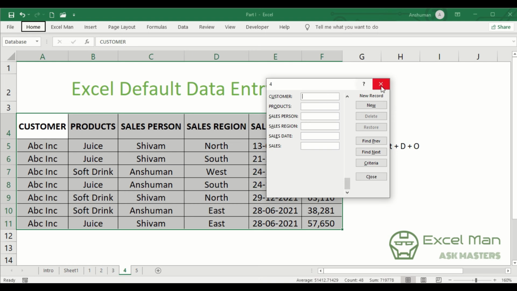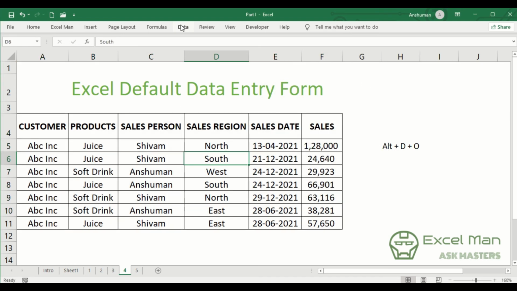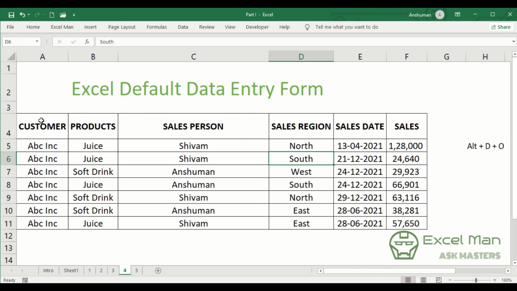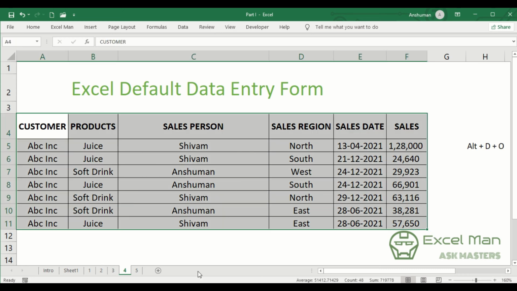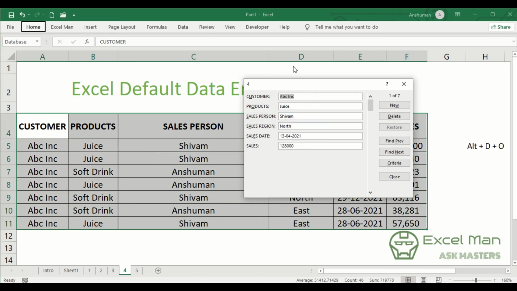If you want to increase the column width, you can do one thing. You can simply change the column width of one of your columns, and now press Alt DO, and you can see that your column width has also changed in the Excel VBA form. So if you want to create a quick VBA data entry form, you can simply use the shortcut Alt DO by selecting your data, and Excel will create an entire data entry form for you without using any sort of VBA coding, without doing any sort of VBA working for the form as well. So this is how you can quickly enter your data without any errors in Excel.